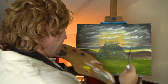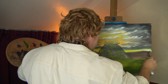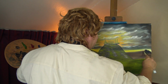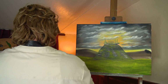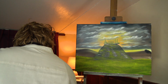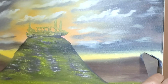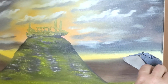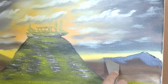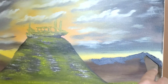So, we just bring it down, cut a row off our knife, and we shall come up. There we go. Just going to put a darker back to this one. Get that row on the knife and come up and bring them down. Just keep that edge as nice as you can. Scrape that